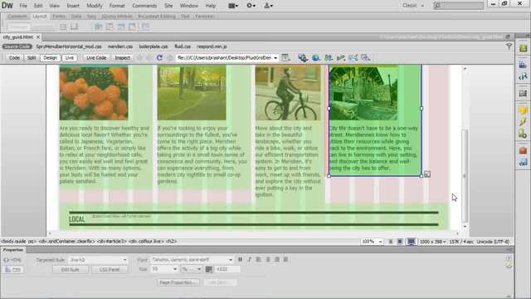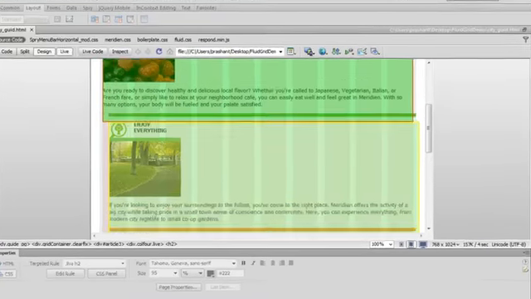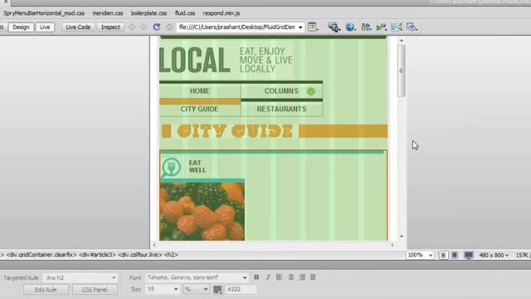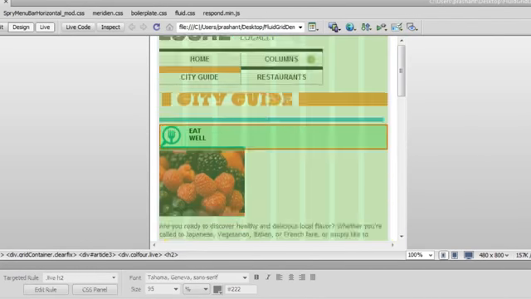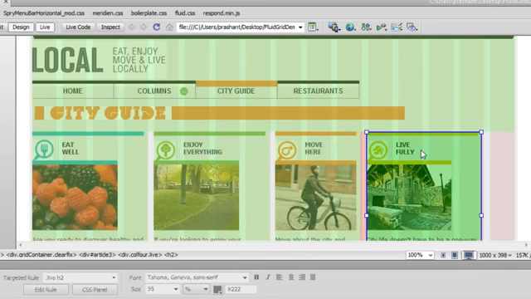Let us switch to the other layouts and see how this change has affected them. You can see here that though I changed the layout in the desktop view, these layouts stayed intact. And this is again the beauty of FluidGrid layouts. Let's go ahead and customize the other two layouts, which are the tablet and the mobile layouts.